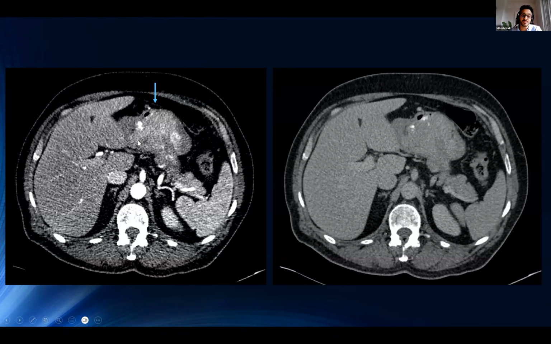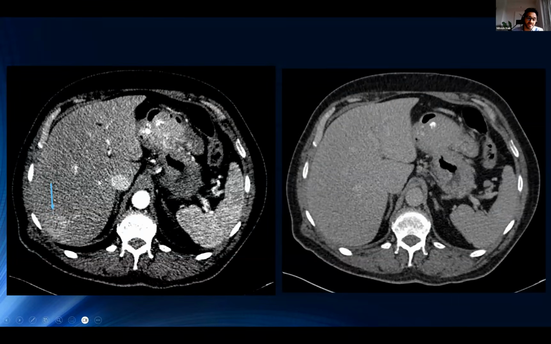So the arrow demonstrates there's a big lesion arising from the gastric greater curve of the body. The portal venous phase is demonstrated on the right, and you can see the calcifications, but it's less confidently delineated. On the left-hand side, you can see it's really quite well enhancing here. In the same patient, the arterial phase again is on the left. You can see an arterially enhancing liver metastasis. So the metastases can also enhance in the same phase of contrast, which are completely missed on the portal venous phase on the right-hand side.